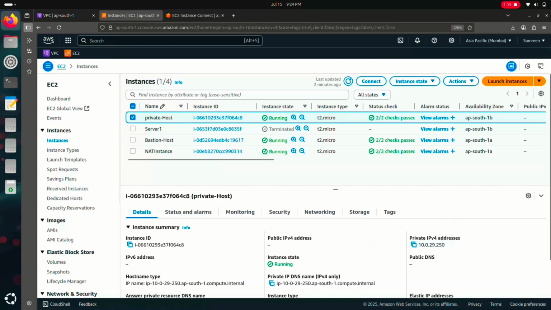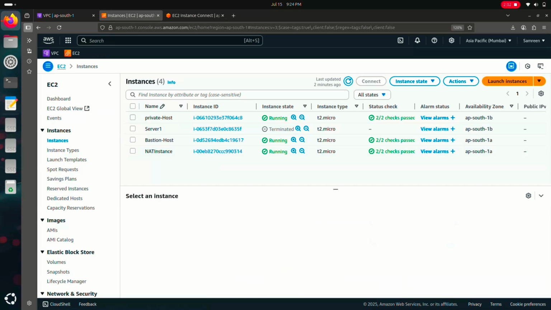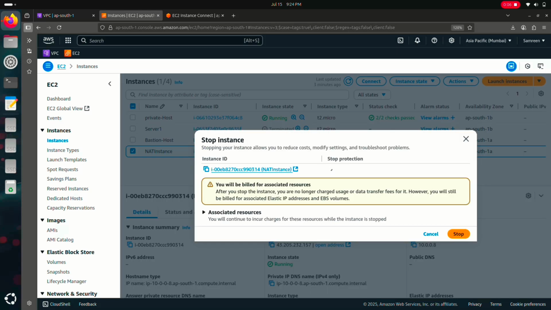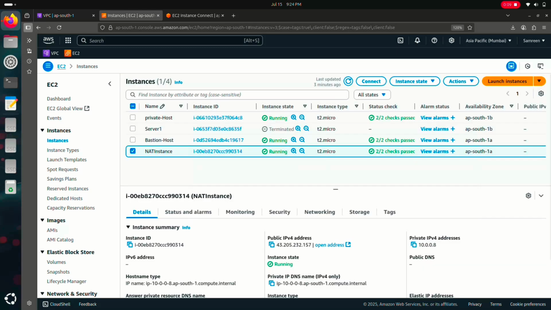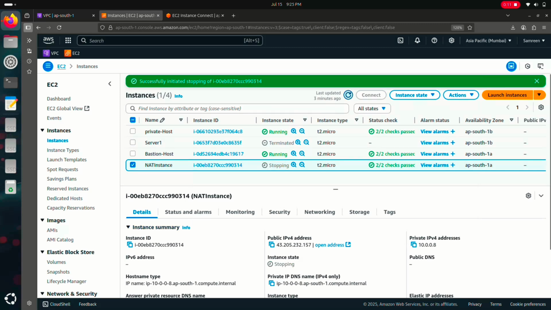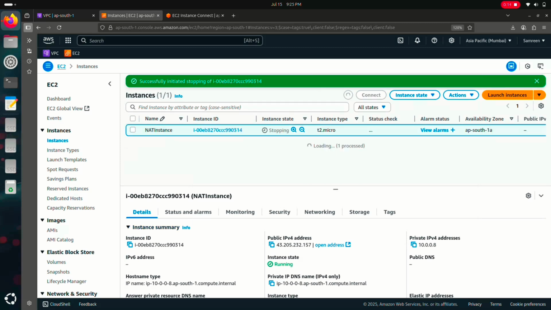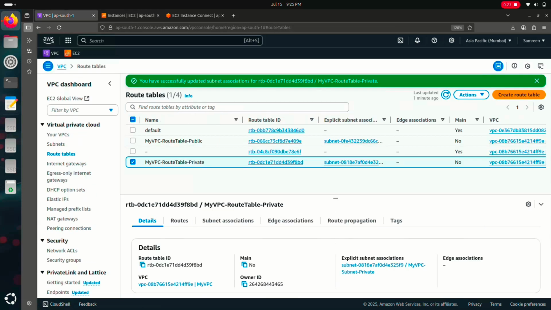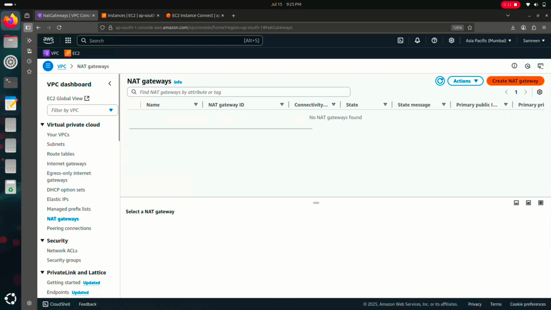We will check the internet access using the NAT gateway. So we have to stop the NAT instance. Click on NAT instance, then instance state, and stop the instance. After that we have to go to the VPC. So here we have to create the NAT gateway. Click on NAT gateways, create the NAT gateway,